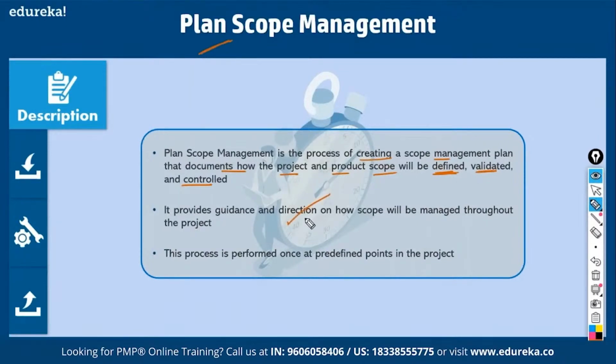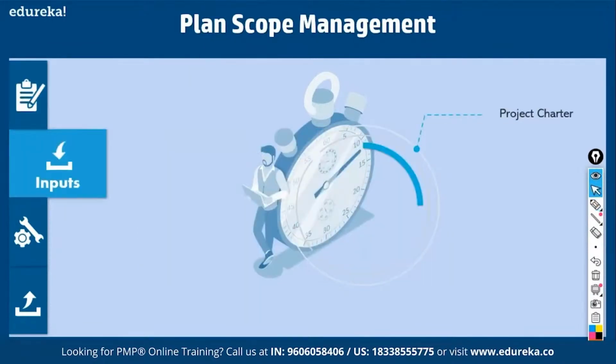Now there is a description of this process, plan scope management. I was talking to you about the Project Management Body of Knowledge of PMI, isn't it? What we discuss is based on that. There are totally 49 processes in this body of knowledge, and each of these processes is defined using a particular template. These templates are like inputs, tools and techniques, outputs. I can give you a small example. If you have to make coffee, what do you